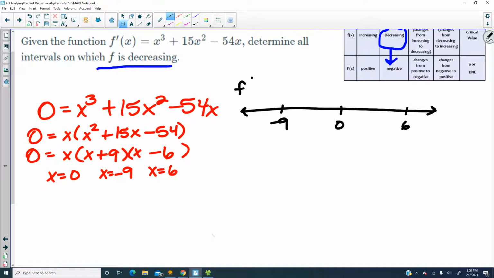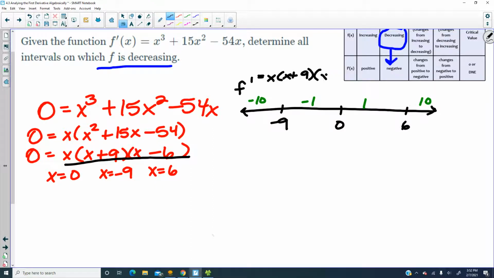And this is f prime. Let's see, a number I'm going to test on each one. Let's test negative 10, negative 1 between negative 9 and 0. Test a number between 0 and 6. Let's test 1, and then let's test 10 from 6 to infinity. All right, and f prime is equal to, let's use the factored form right here, x times x plus 9